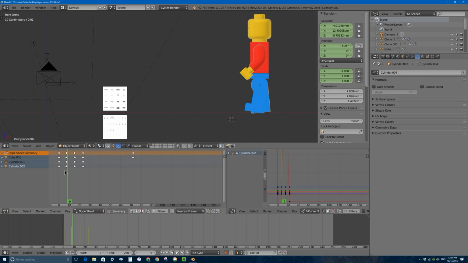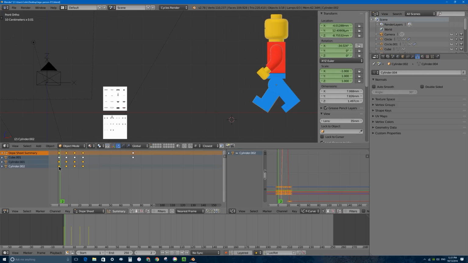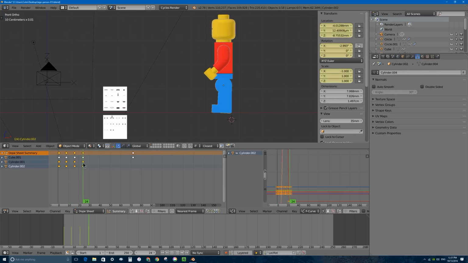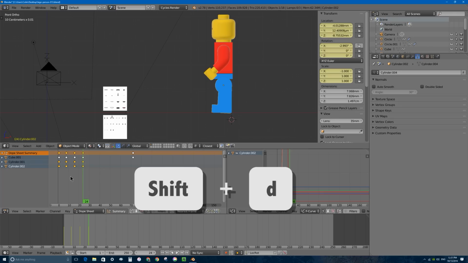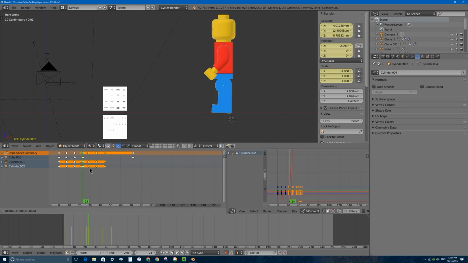In fact, why did that happen? I selected everything. There we go. I only wanted to select these bottom ones. And of course, if you have anything selected down here, it selects the summary keyframe too. Don't worry about that. So now what I can do is this first keyframe is the next pose from this passing pose. So I'm going to press Shift D, and Shift D will make a duplicate of all the selected keyframes. I'm going to move it down